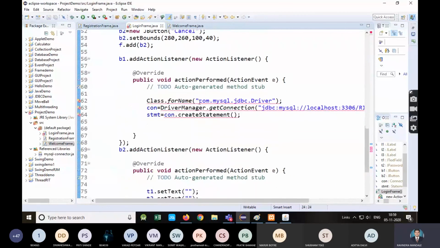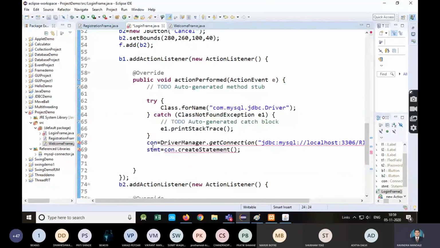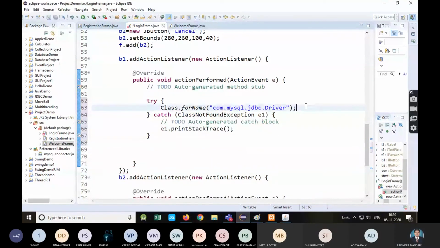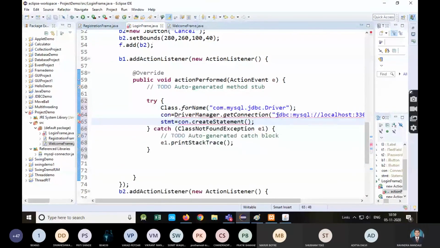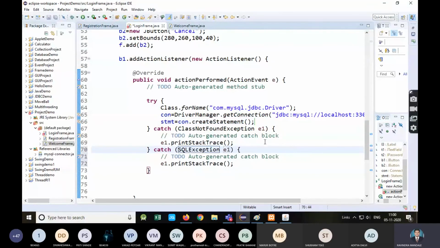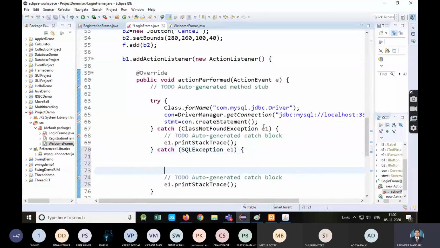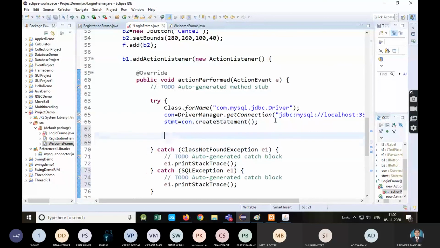Okay, add this code in the try block. This is also risky, so add a catch for that. Okay, now what is the next step? Executing the query.